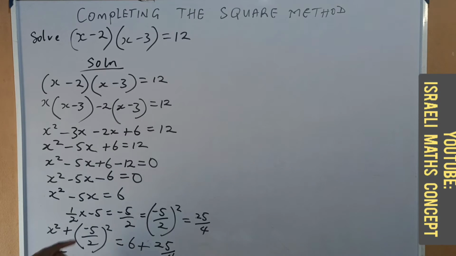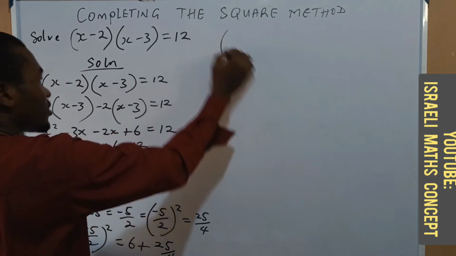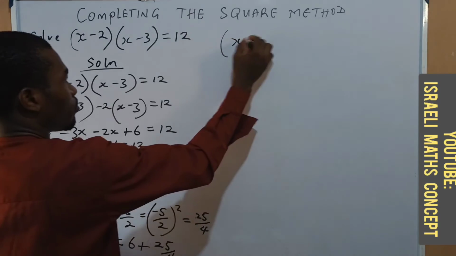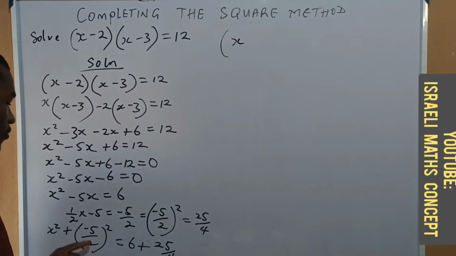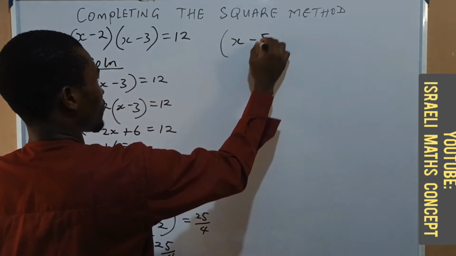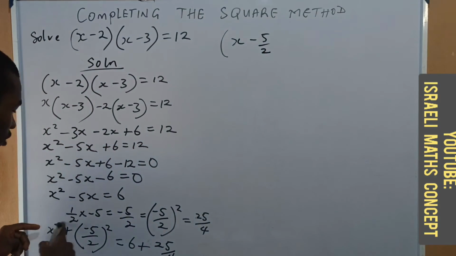Then secondly, the reason why I put negative 5 over 2 all squared, but I didn't put it exactly here, is because I observed obviously that there is a square on this x. So I want a situation whereby I will have another entity that also contains a square, such that I can combine their squares together. Then I have x minus 5 over 2, minus 5 over 2. Then I now put their squares together,